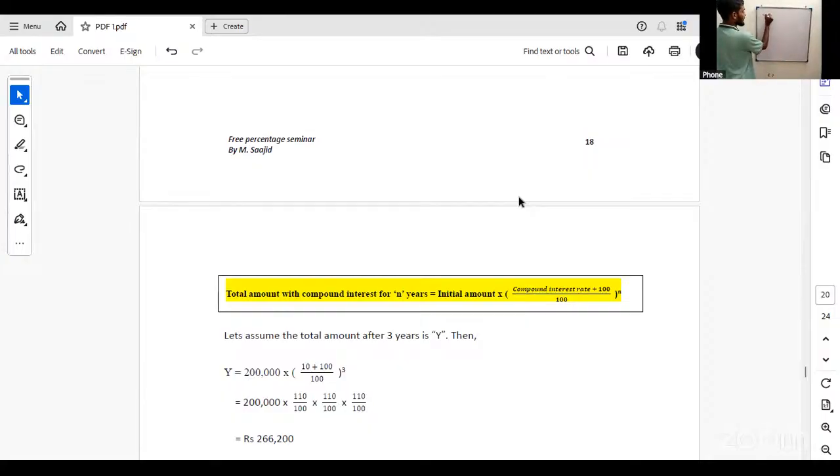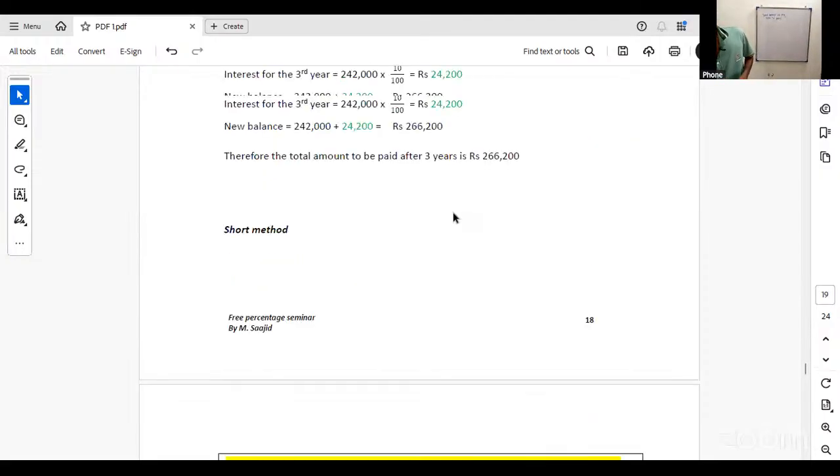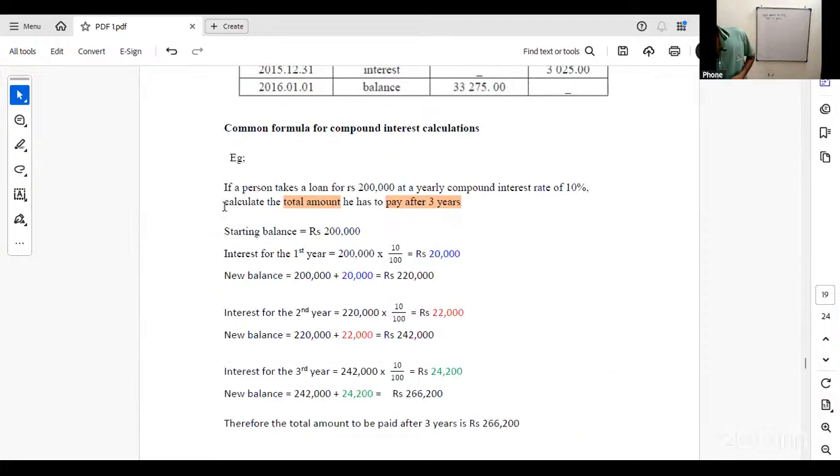The total amount to pay after n number of years equals, what is the initial amount here? He says the person takes a loan for 200,000. That's the initial amount. 200,000